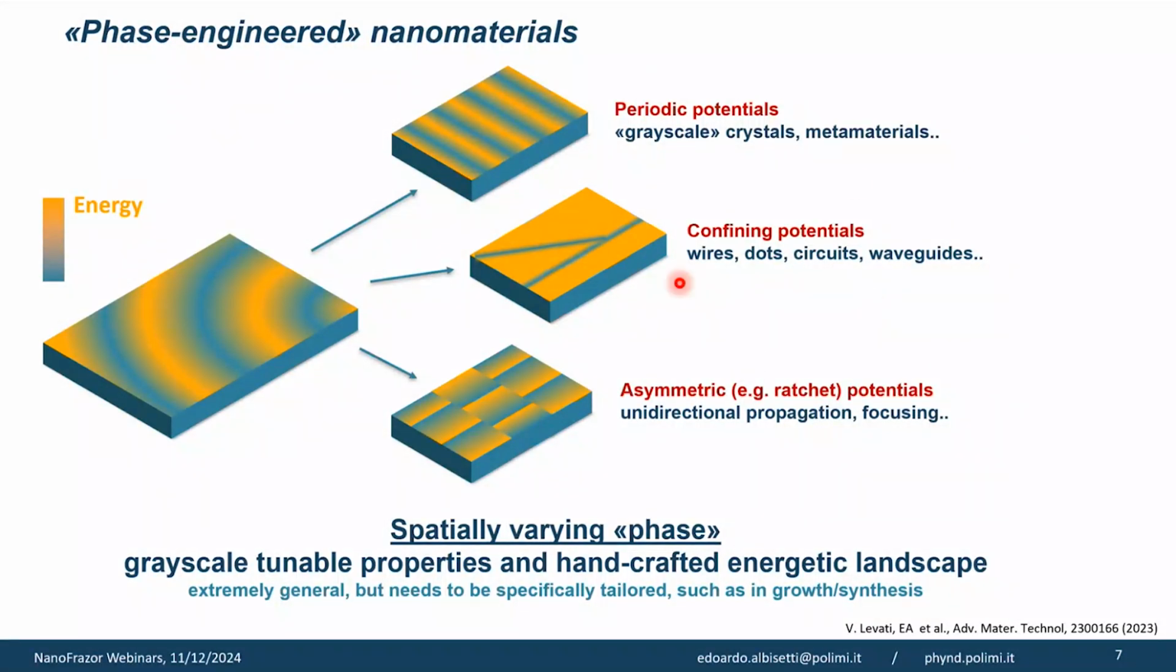Or if we're interested in waves, such as spin waves, which is our interest, you can use confining potentials acting as waveguides. Or more complex potentials, such as asymmetric potentials that cause quasi-particle waves to propagate, for example, only in one direction and not the other one. These are just quite general examples that we then take and apply to